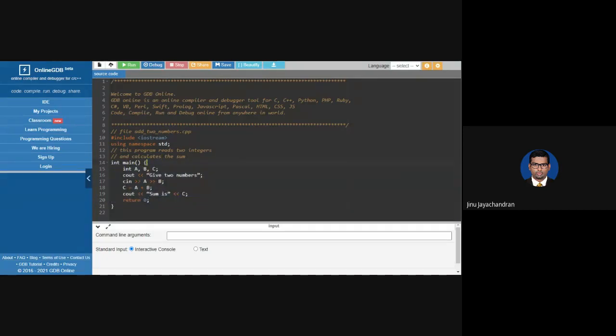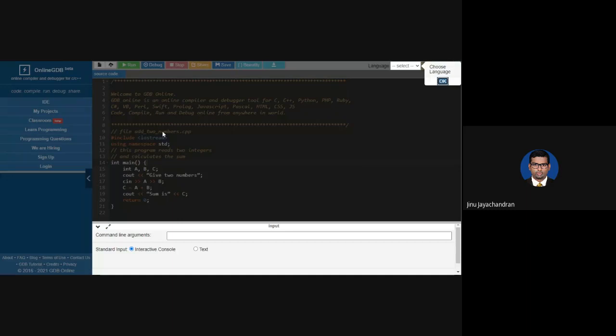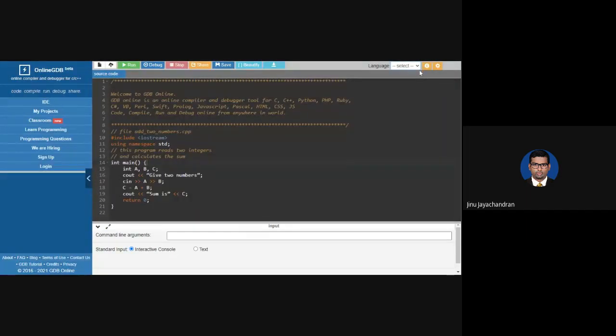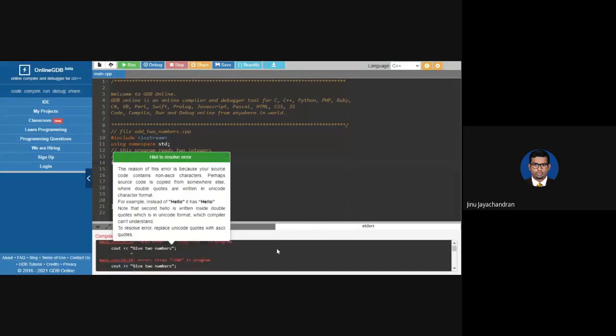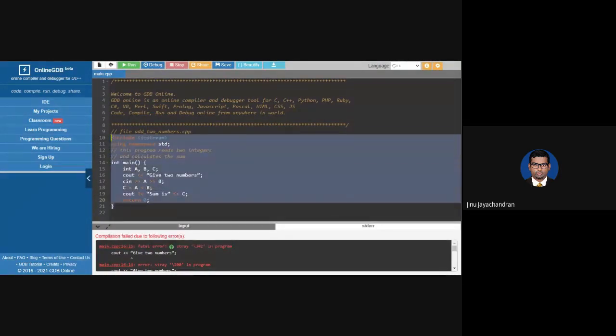There's an option to run here. I hope you can see my screen. So if you press run, okay, I need to choose a language. So here I'll choose the language as C++. Okay. So it will compile the program first. And it is showing some errors. Oh, sorry. The problem is when I copy paste from PDF, it will have some issues. Let me just rectify this.